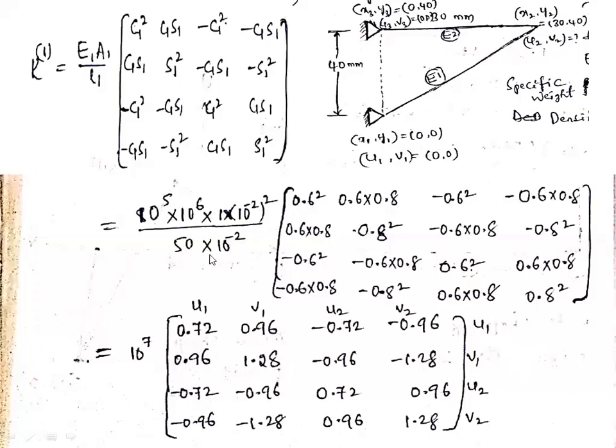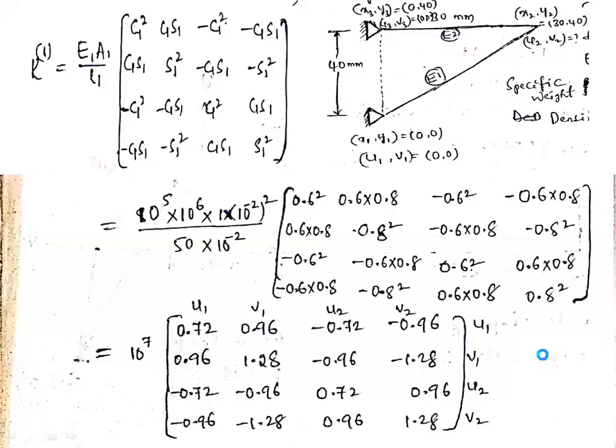Similarly for the column numbers: the first column is indicated with u1, the second column with v1, the third column with u2, and the fourth column with v2. This indication means that this 0.75 is the element at the range of u1 by u1. Similarly, this minus 0.96 is at the range of the u2 row and v1 column. So this will be helpful for forming the assembly stiffness matrix. In this way we will know each and every element's range. For this purpose, we need to give the row numbers and column numbers. So this is for the first element.